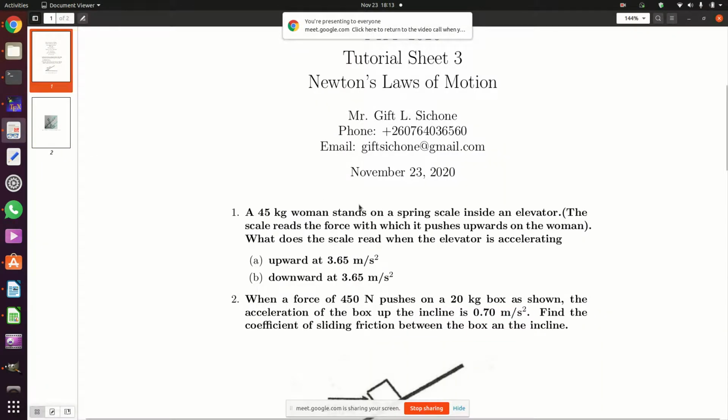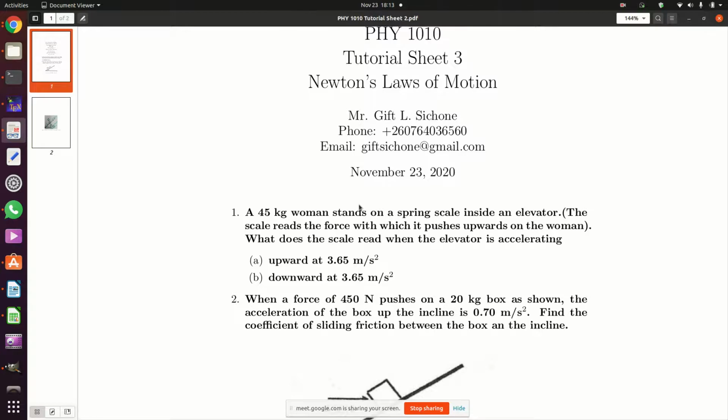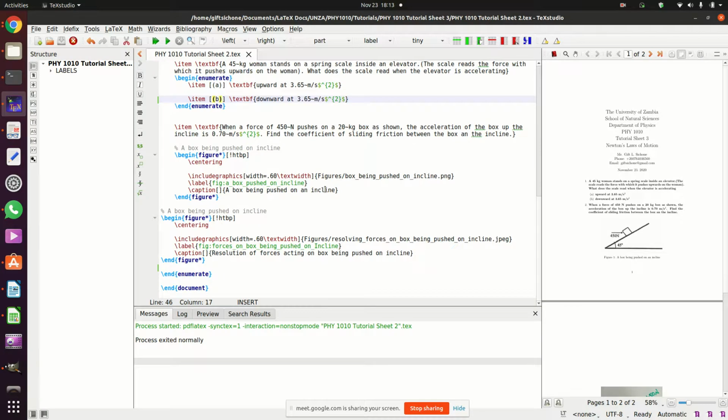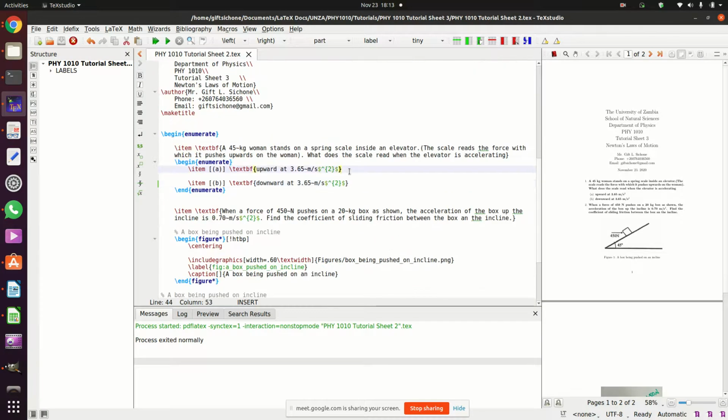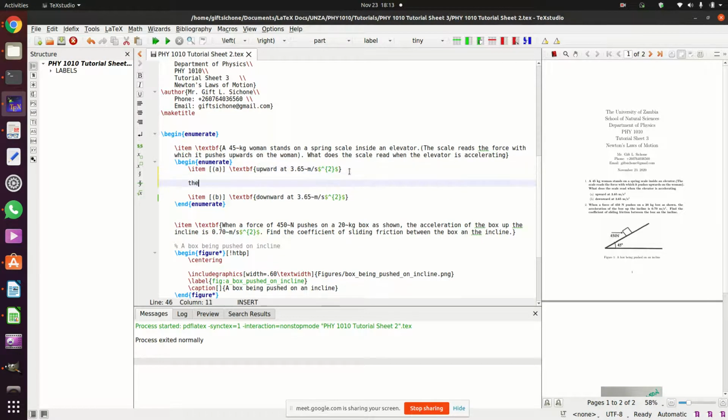So in our case, we are going to choose the up direction to be positive and the down direction to be negative. Then after that, we're going to use Newton's second law of motion. Okay, so let's get started with this problem. First of all, the woman with mass 45 kg